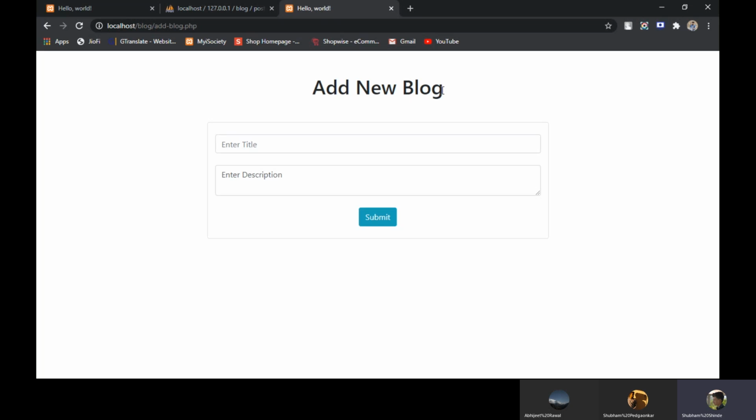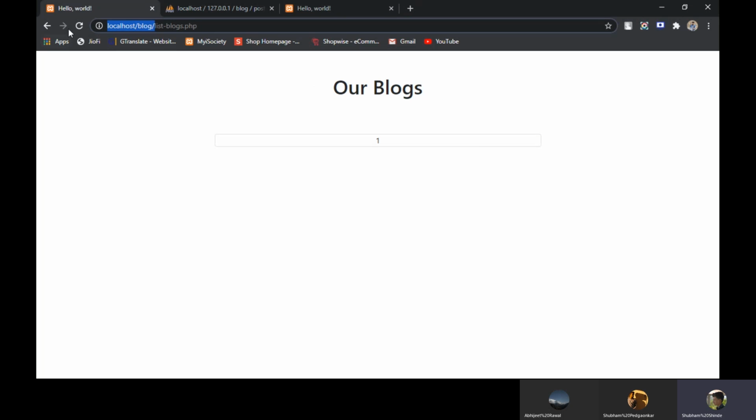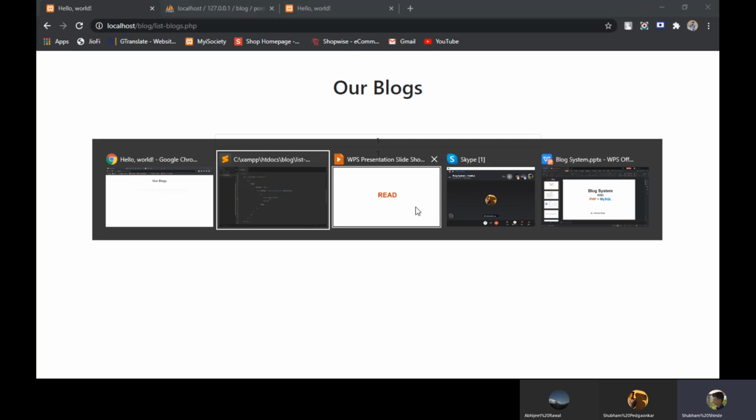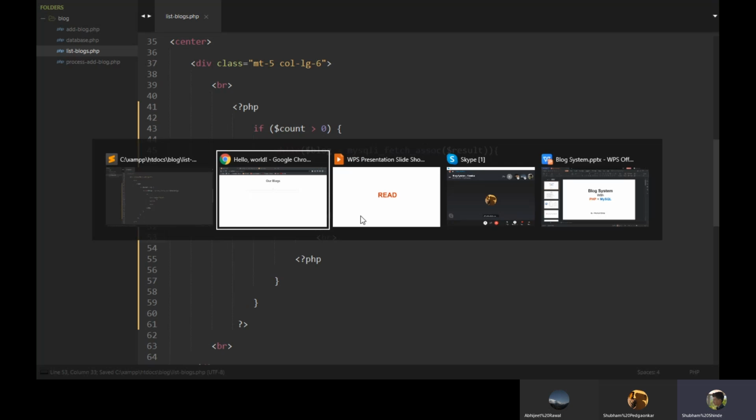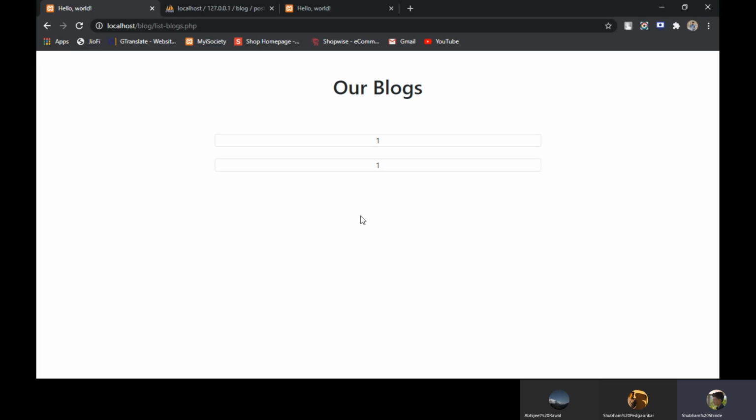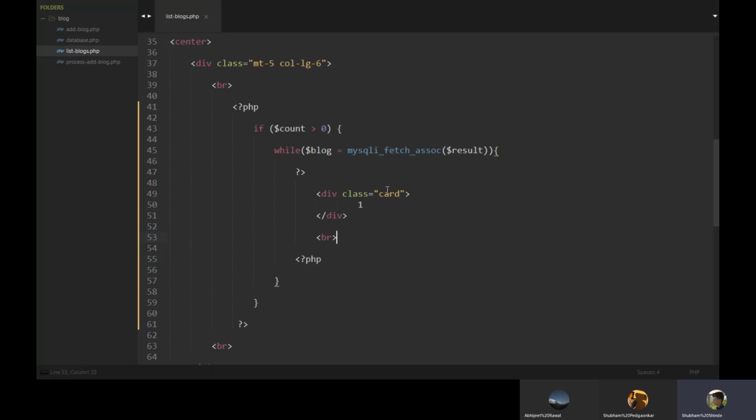Submit it, new blog inserted successfully, and we'll go back and refresh this. We have got two. We have echoed 1, so it is printing 1. Just leave some br at the end so it will print some space. We are getting 2 records.